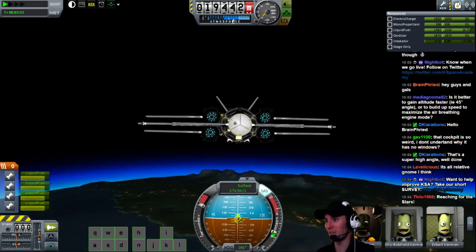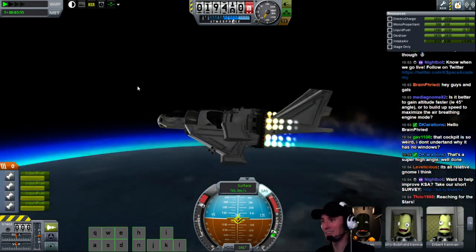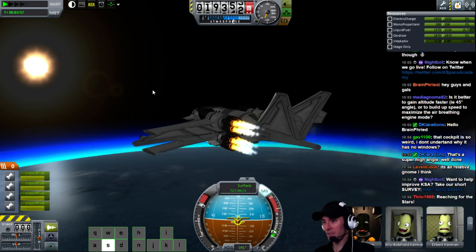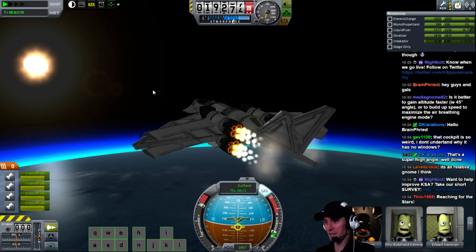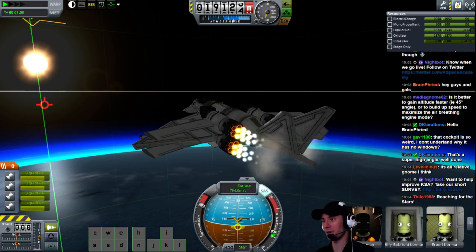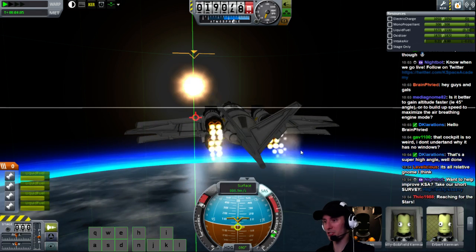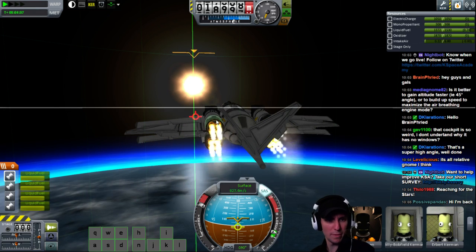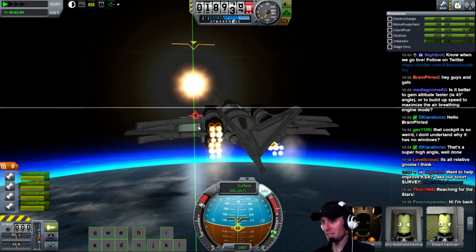Just putting those triplane wings on there, I mean, that looks cool, doesn't it? Now we're at 0.7. Oops, but I don't want to go down. I want to keep that nav ball just above the horizon. I just turned on one of my mods, nav HUD. So let's get that nav